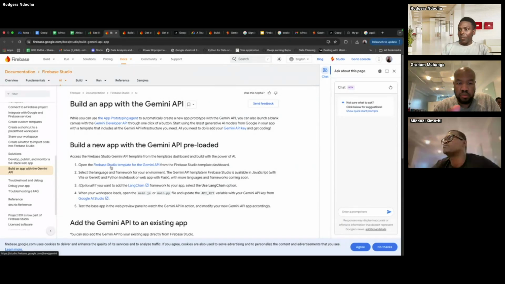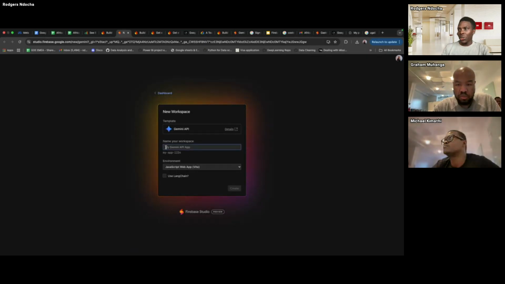If I come here to this pre-loaded template, you can select the kind of environment you want your application to be on. You can give your application a name. For this, let me give my application a name again, AT training.